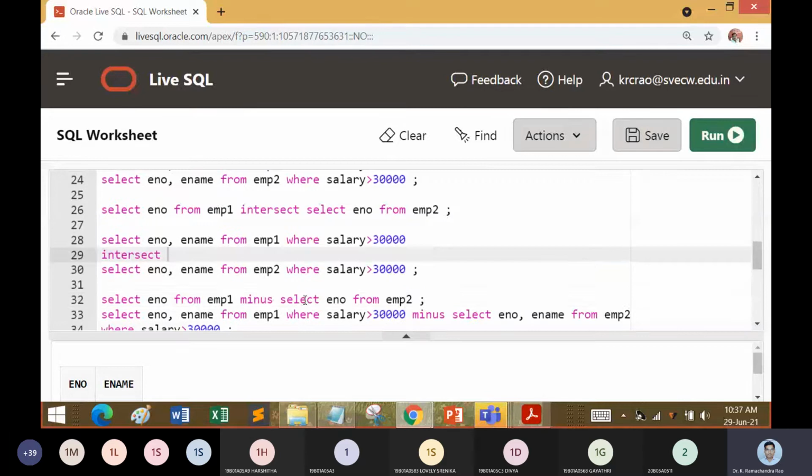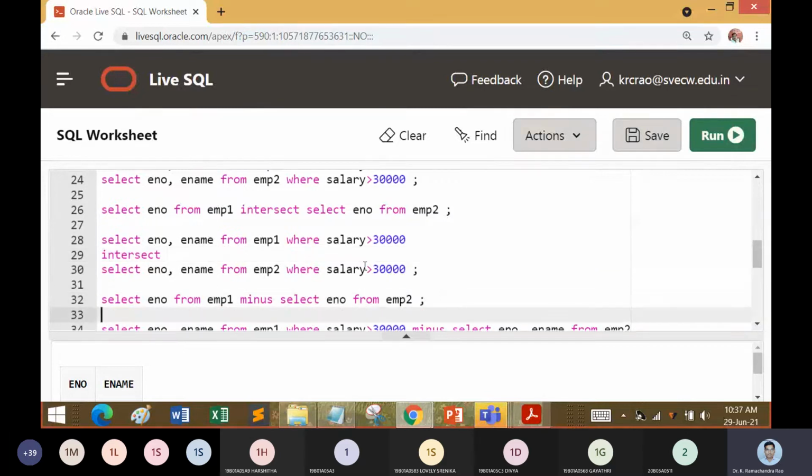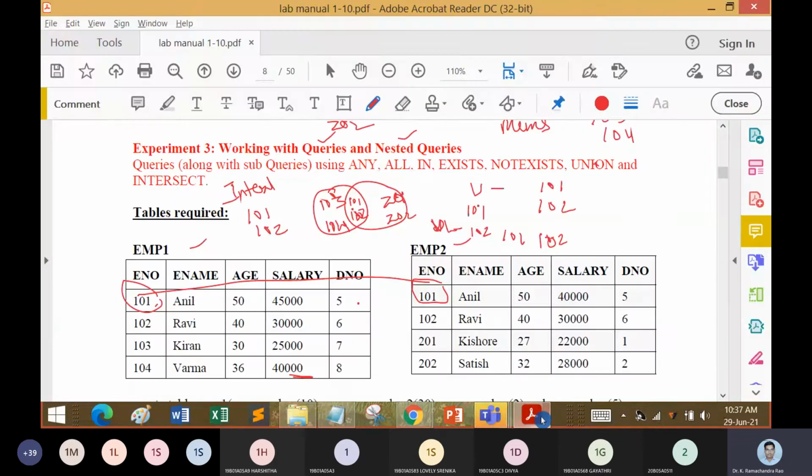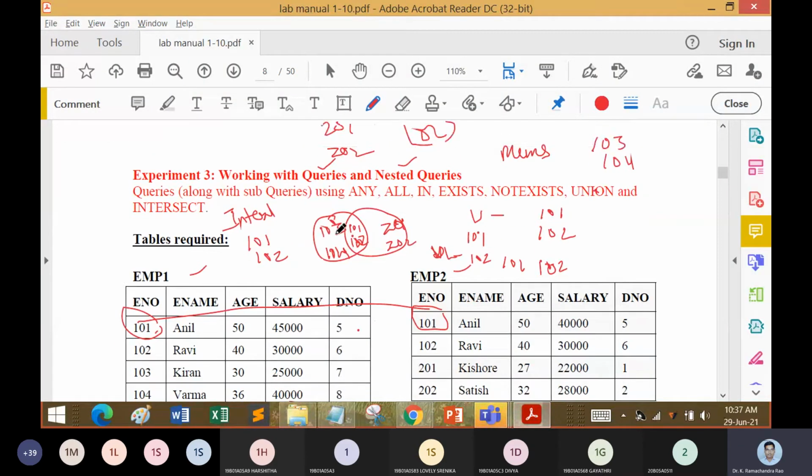Fine. Next was to display the content of the employee 1 table minus the employee 2 table. Now you can see 101, 102, 103, 104 are the entities in the first table, and 201, 202, 101, 102 are the entities in the second.